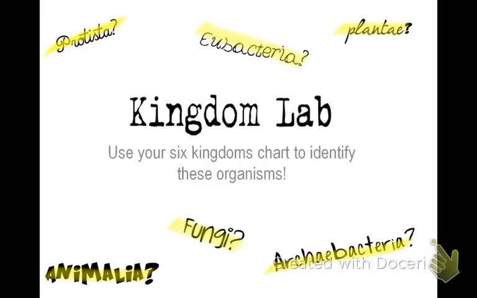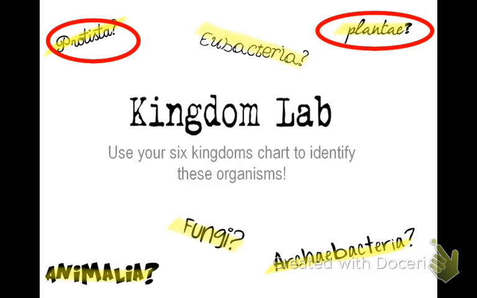The first one is Protista. Remember that these are eukaryotes that basically don't fit into any other category. Some of them do photosynthesis, some of them don't, some of them are multicellular, some of them are unicellular. Plantae are the plants, Animalia are the animals,